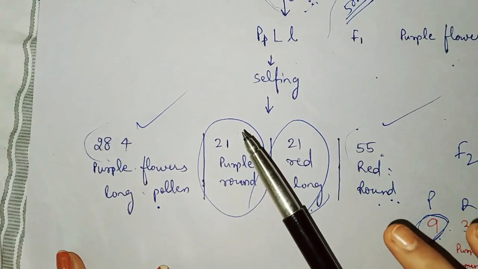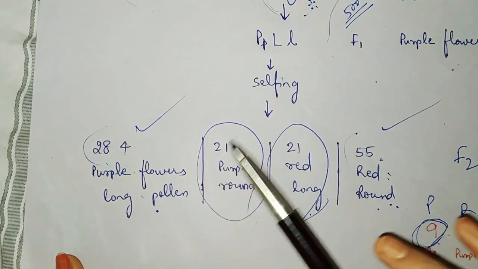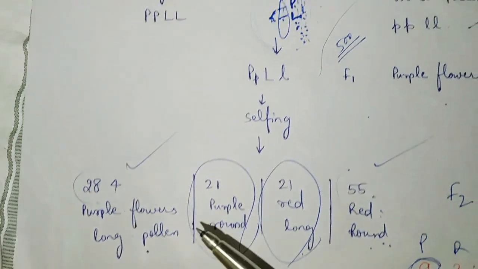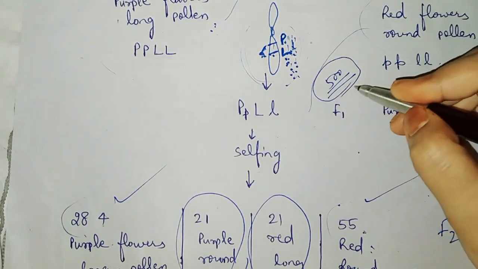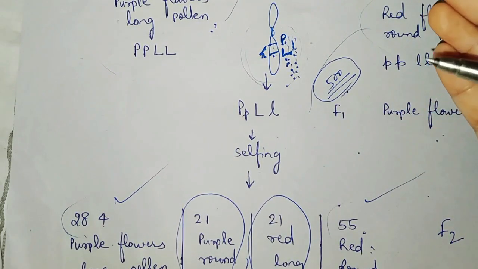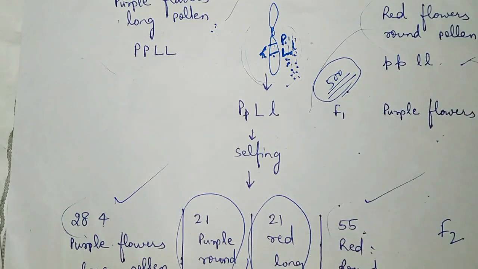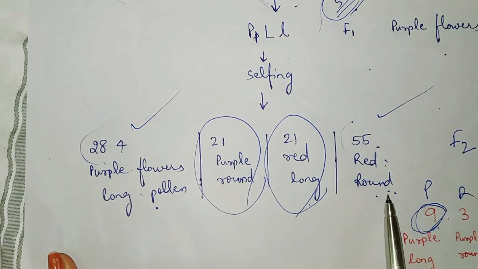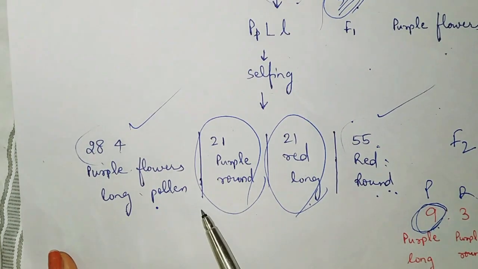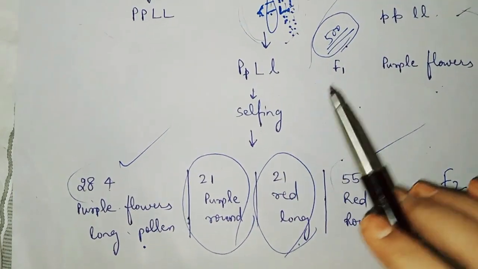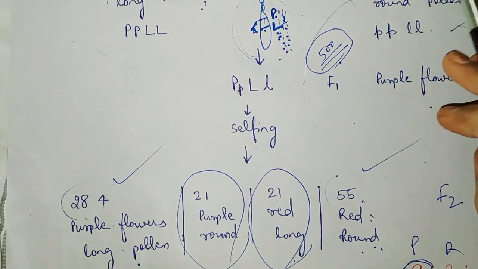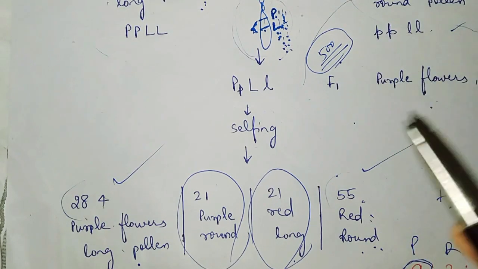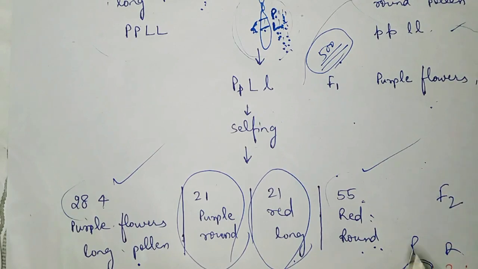In case of incomplete linkage, the chance of crossing over is there, but it is very less, as a result of which parental combinations are more in number. For example, 500 crosses are done. Out of these 500 crosses, only in a few cases will the gametes be of recombinant type, and in maximum cases the gametes will be of parental type, as a result of which the maximum number of parental progenies will be produced. In case of complete linkage, the chance of crossing over is almost nil, as a result of which we will get only parental progenies. These things will be explained in detail in the next video.